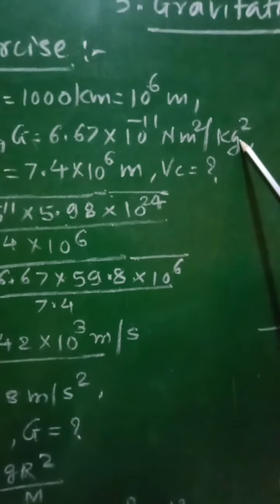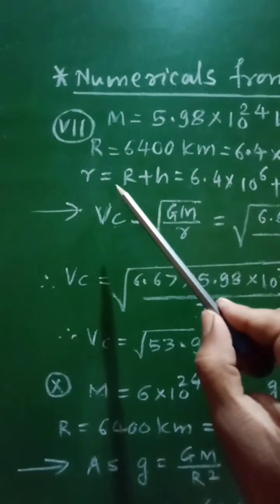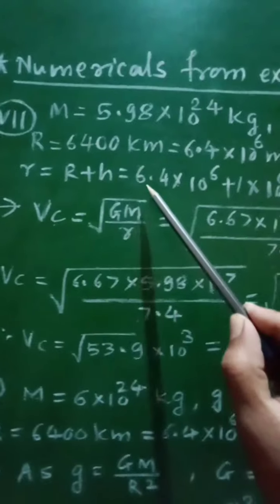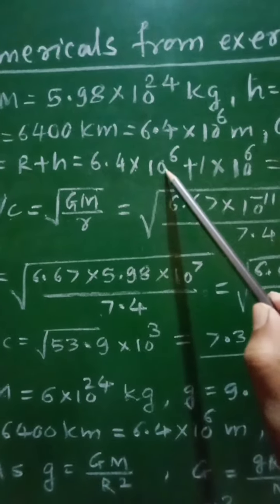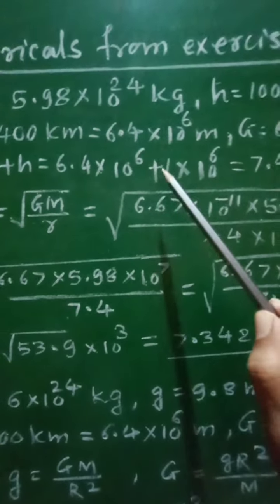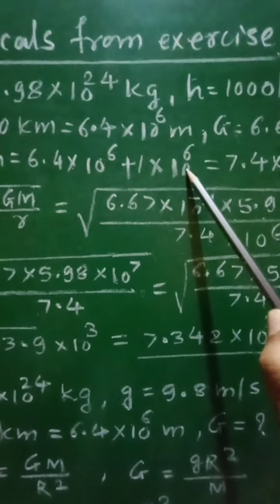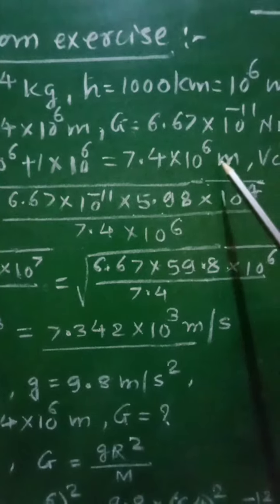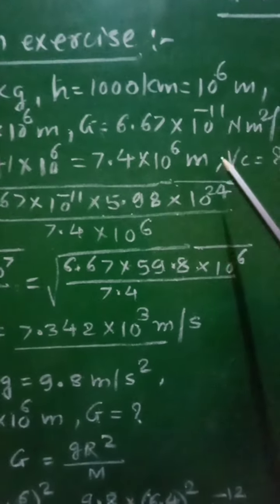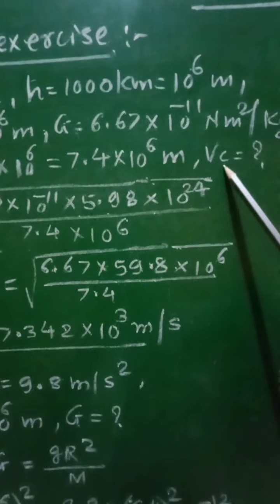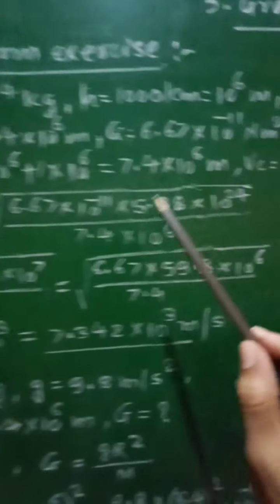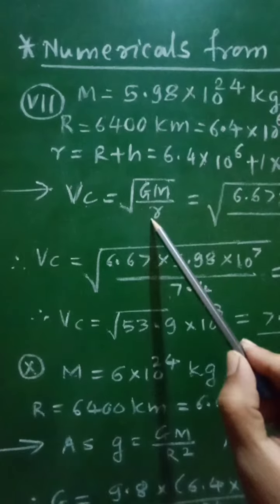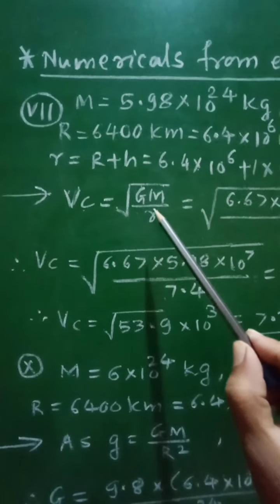kilogram square. Hence, radius of orbit of that satellite will be equal to r plus h, that is 6.4 into 10 raised to 6 plus 1 into 10 raised to 6, which comes out to be 7.4 into 10 raised to 6 meter, and we have to find out the critical speed v c. Now the critical velocity v c is given by the formula square root of GM upon r,